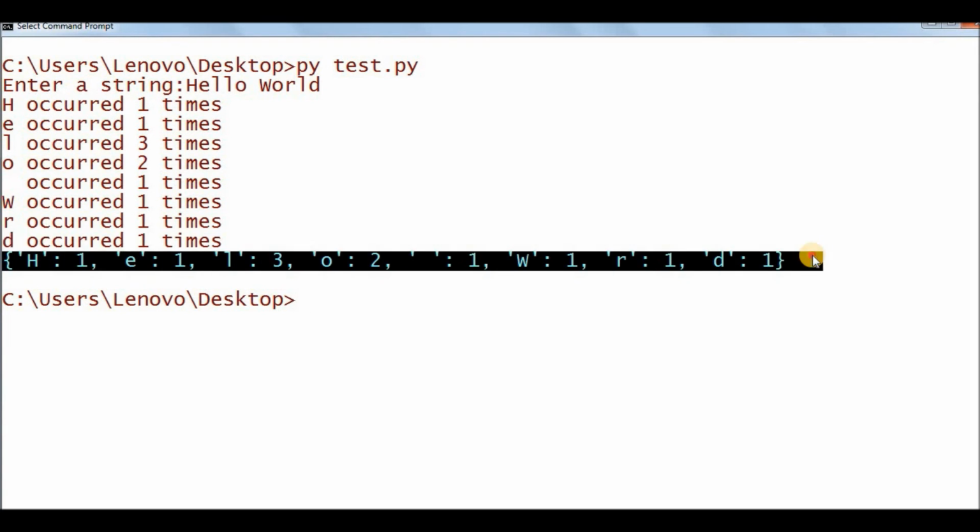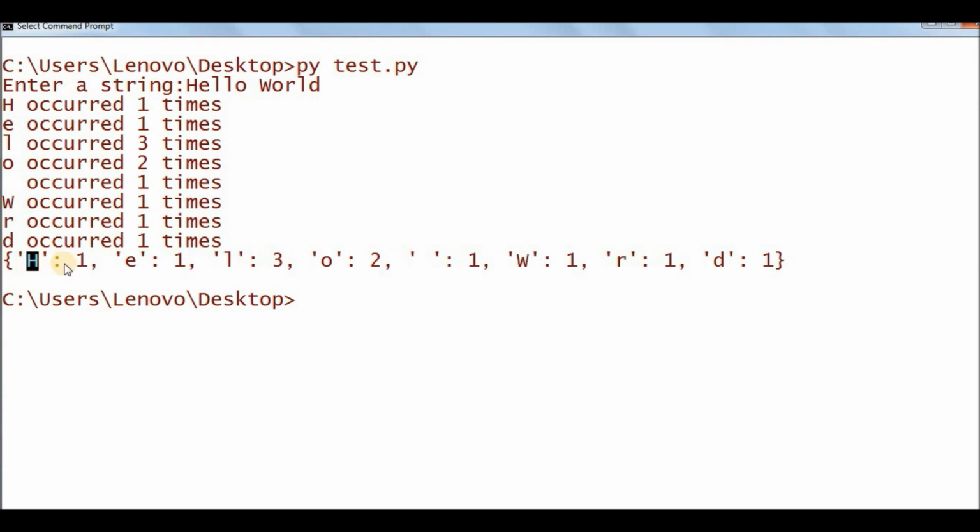This is in the dictionary format. Here we have all the characters as key value pairs, where each key is a character, and we have the occurrences on the value side. So I am getting an idea that I am very close to my output.